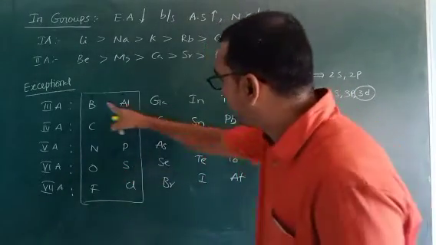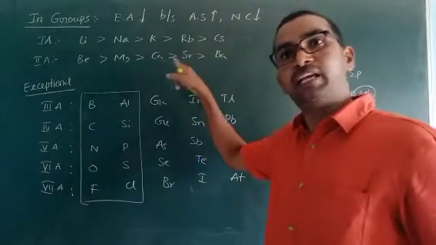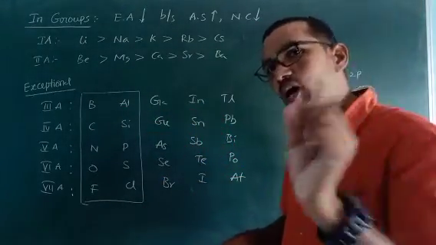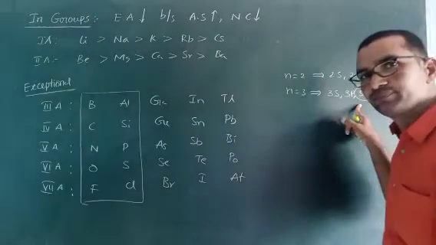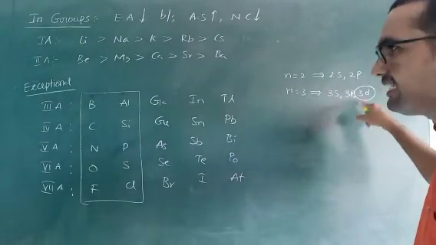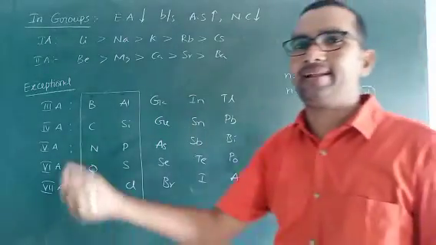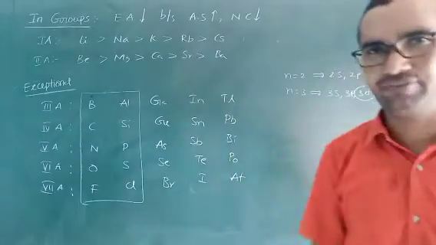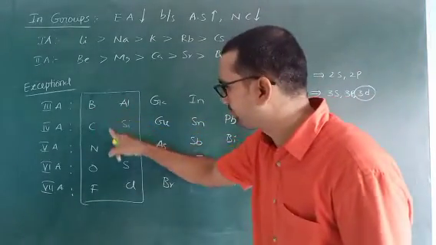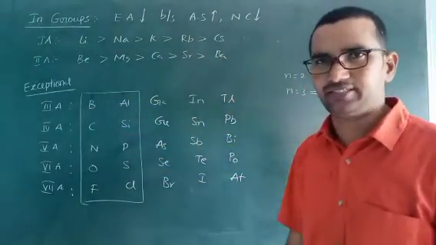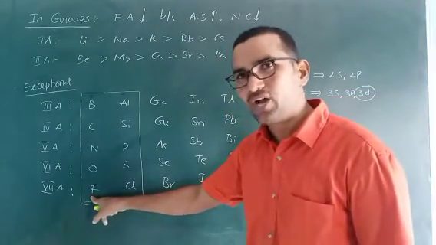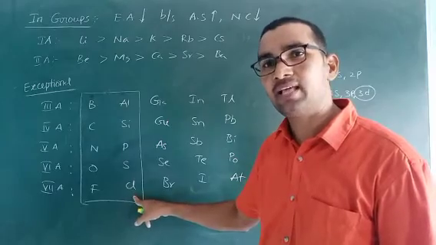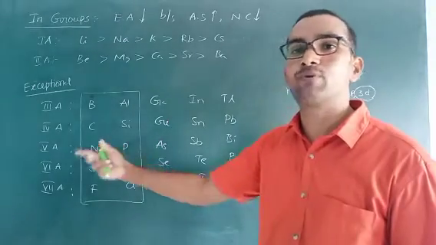But comparing with boron, aluminum is not bigger, but comparing with the small one it is bigger due to 3d. Since it is a little bigger, there is a possibility to take the electron, give accommodation to that electron, and release more energy. Not only these two, up to here same explanation: 2d is not available here, 3d is available here. That's why they take the electrons easily and release more energy.